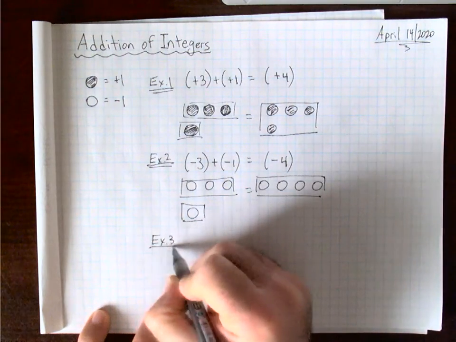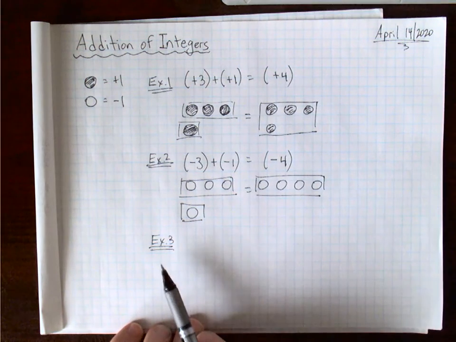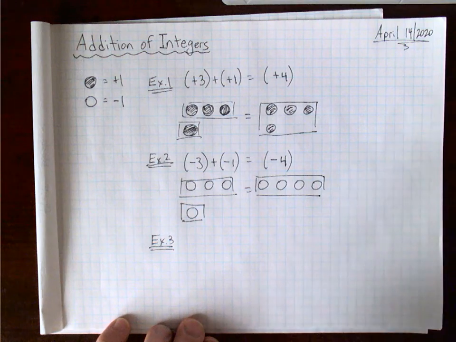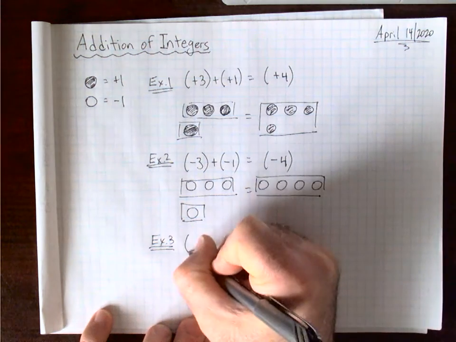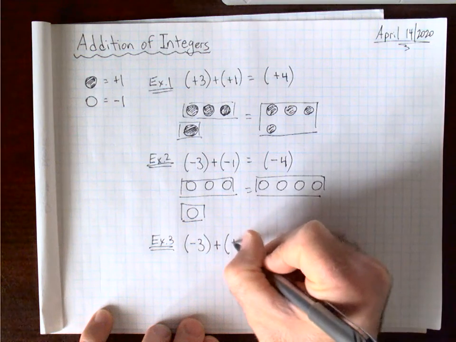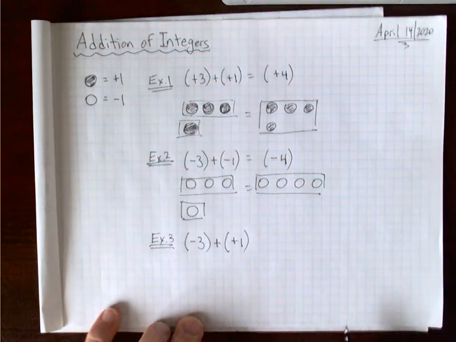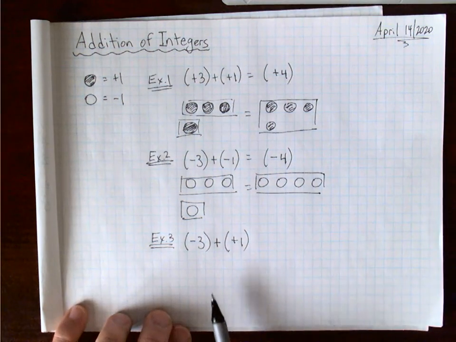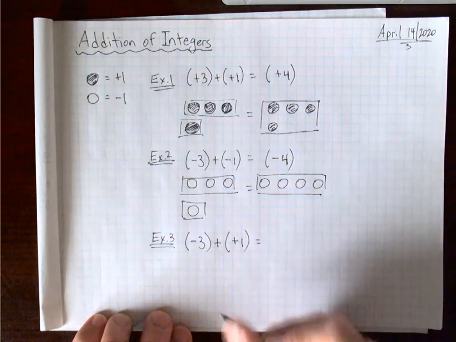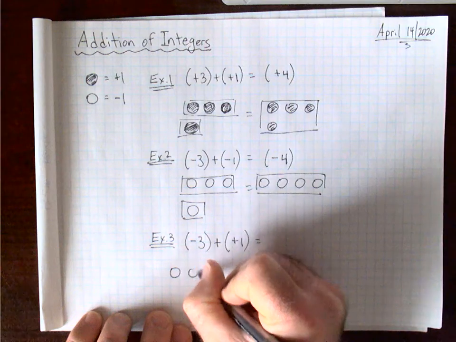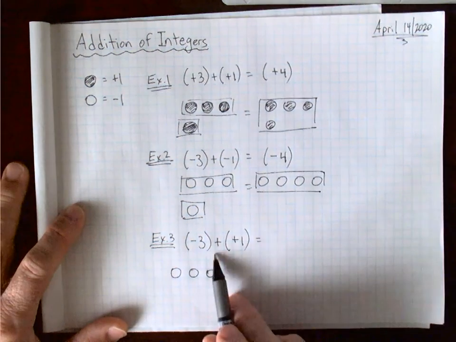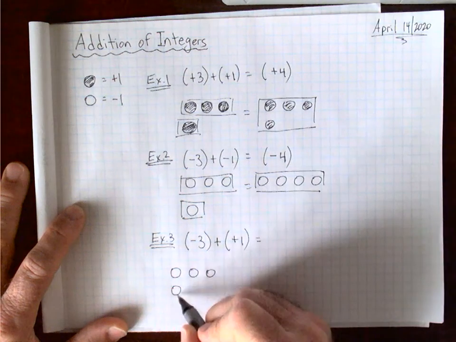The third case, and it doesn't matter what order they come in, is when you have a negative and a positive being combined, or a positive and a negative. So when this happens, we'll just do -3 combined with a +1. I'm using really small integers so that I don't have to do a lot of writing today. Let's see what it looks like with a model first. If we show our 3 negatives, we have 1, 2, 3 negatives. And if I combine that with a +1,